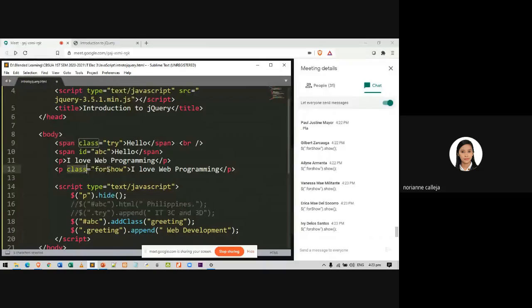Take note that JavaScript is case sensitive. We have here the class name for show where S is in uppercase. So you should use uppercase for S.